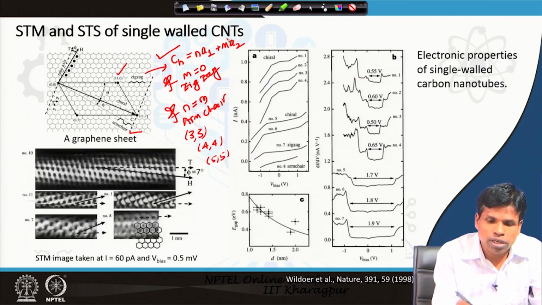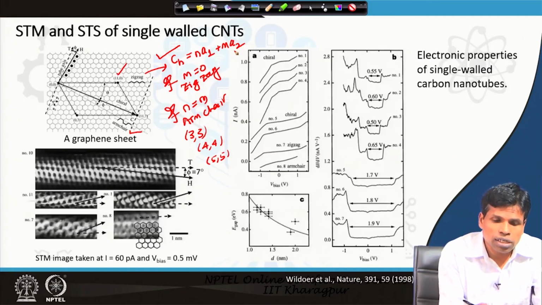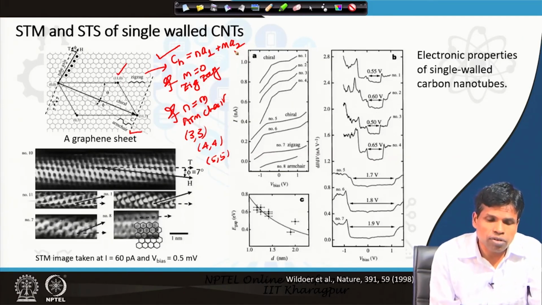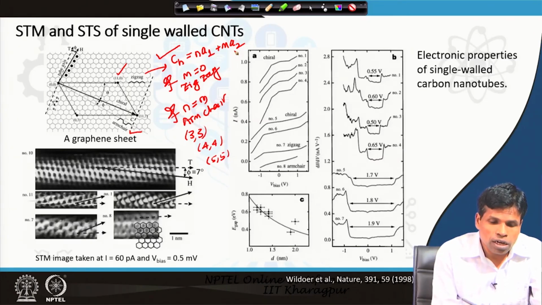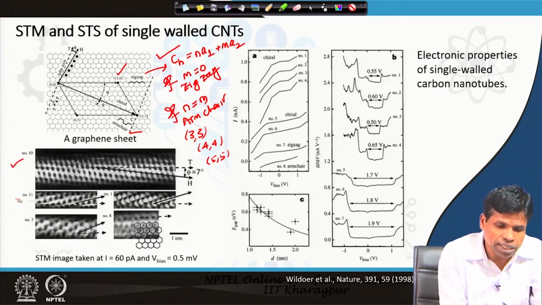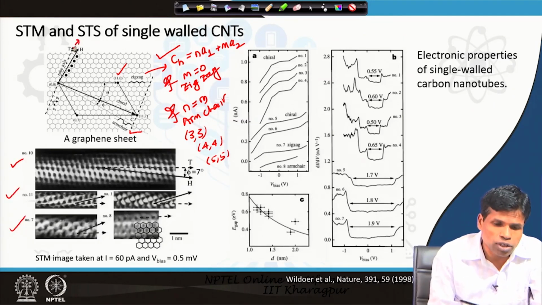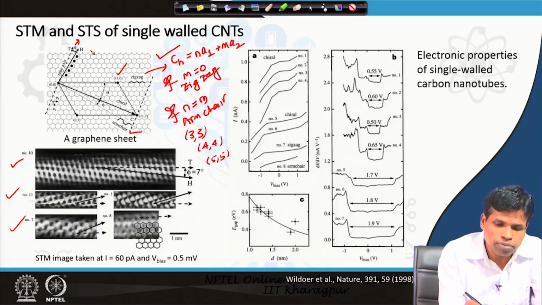On the other hand, if 1 0, 2 0, 3 0, 4 0 like that, then we have a zigzag tube, and depending on the rolling we can know whether these are armchair tubes or zigzag tubes. As you see here, there are different tubes, an STM image is taken, and here we have a tube axis, and now when it is rolled up, it is rolled up along this dash line and this dash line, and